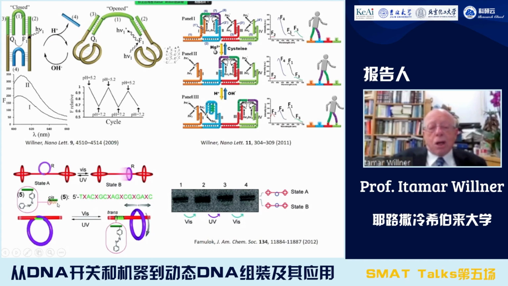When he photoisomerized it to the trans state, he generated a strand that displaced this ring to another position on the axle because of the strong interactions between the trans-azobenzene and the axle strand that was displaced by this strand. When he photoisomerized the trans back to the cis, he separated this strand and the ring moved to its original state.